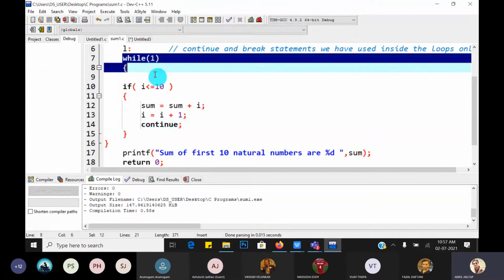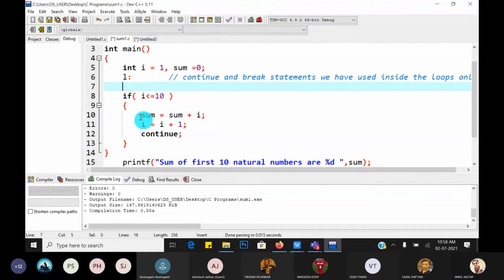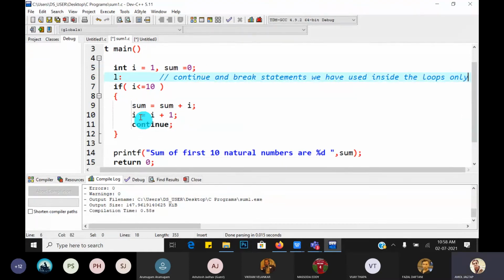First, I will remove the extra parts. For that purpose, you have to do debugging. So here, what is the statement? Goto which label? L, semicolon. So it goes to this statement. Now your question is valid: till how many times does it execute?